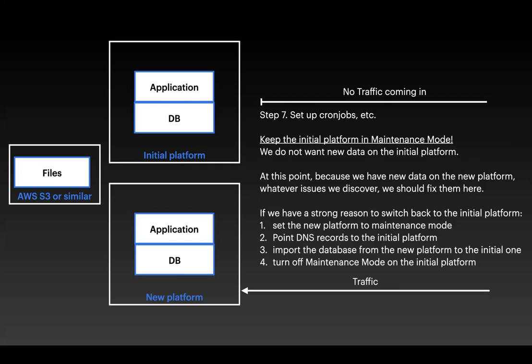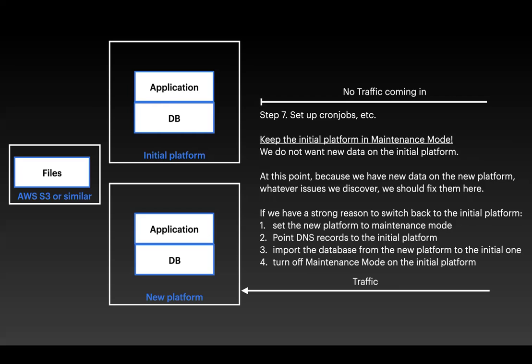You can go back, and you can see described here what you have to do, but you need to avoid that as much as possible. So if the issues that you have found are fixable, fix them, and treat the initial platform as a legacy one. You don't need to go back to it. If you find something that cannot be fixed, or some dependency, or maybe you have a third-party API which doesn't allow you to use it because of IPs, or something you forgot, or something is broken,